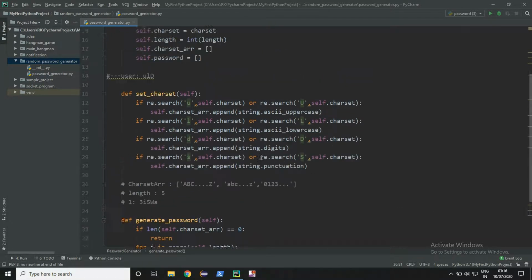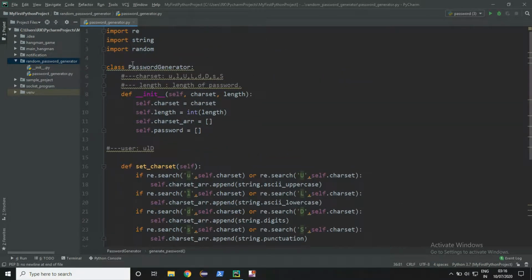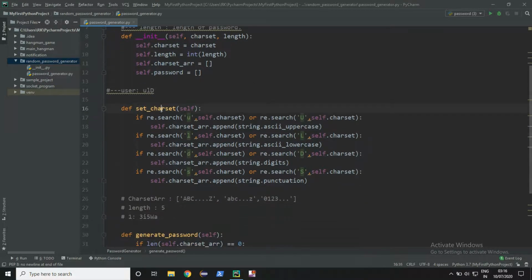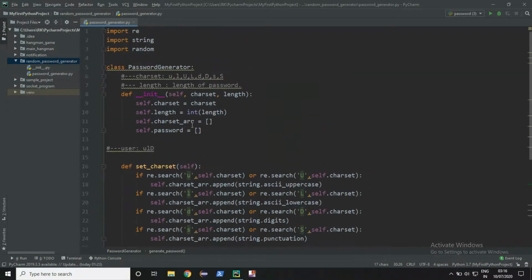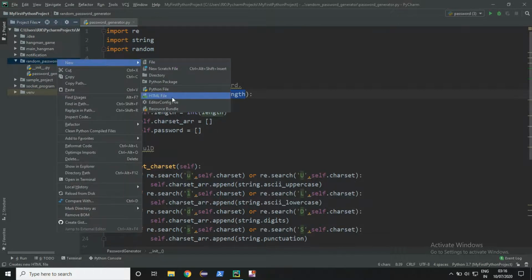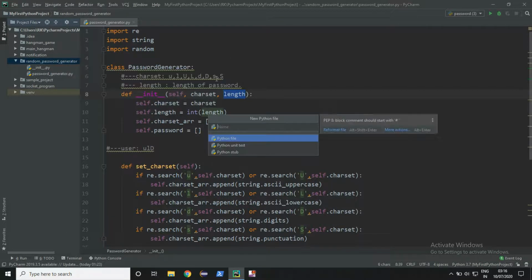Now this is our main class. Now we need to call these methods and put the arguments given by the user, that is charset and length. For that we will create a new Python file, let it be password.